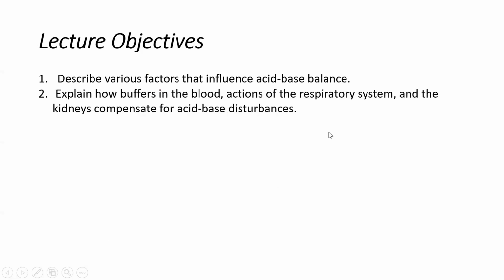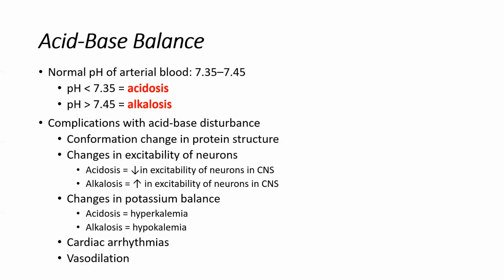All right, and then the second objective we're going to go on to is speaking about the influence of the acid-base balance, and then talking about those buffers once again, and then how the kidneys and lungs work to correct any of those disturbances. So this slide is a lot of repetition from what we talked about, right? This window that the pH needs to be at, the fact that if we go outside of that pH window, we can end up with some really significant physiologic complications. That is because we denature proteins, and we talked about